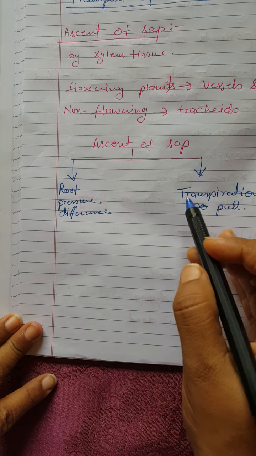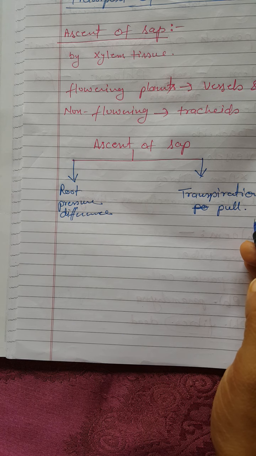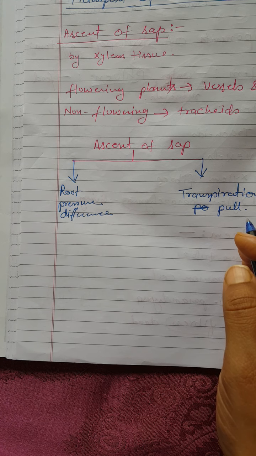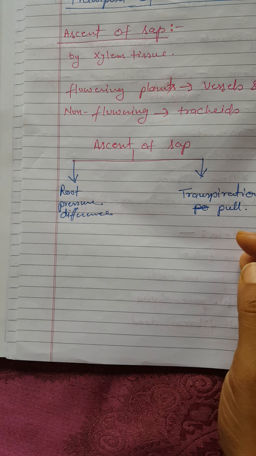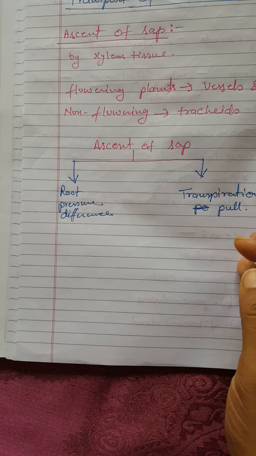Before explaining this transpirational pull, I would like to explain first that all of us know there is continuous loss of water, or evaporation of water molecules, from the leaf. I have explained this earlier also. There are many tiny pores, known as stomata, on the surface of the leaves. When the stomatal pores are open, the water evaporates through these stomatal pores. This evaporation of water molecules from the cells of the leaf creates a suction which pulls water from the xylem cells of the root.